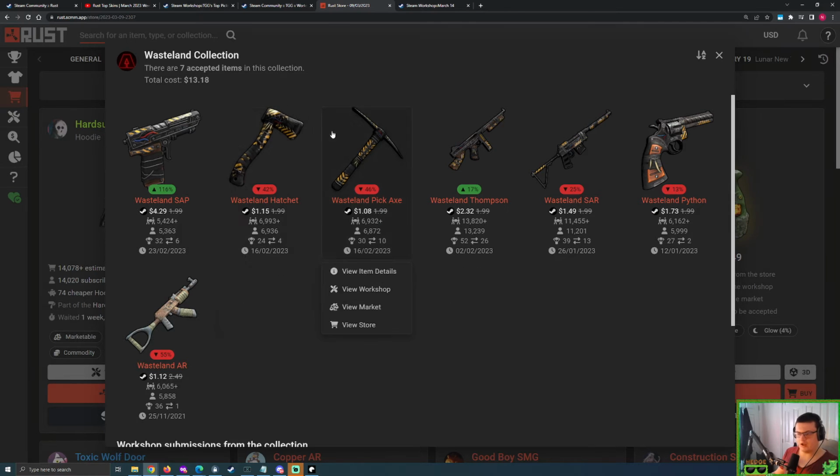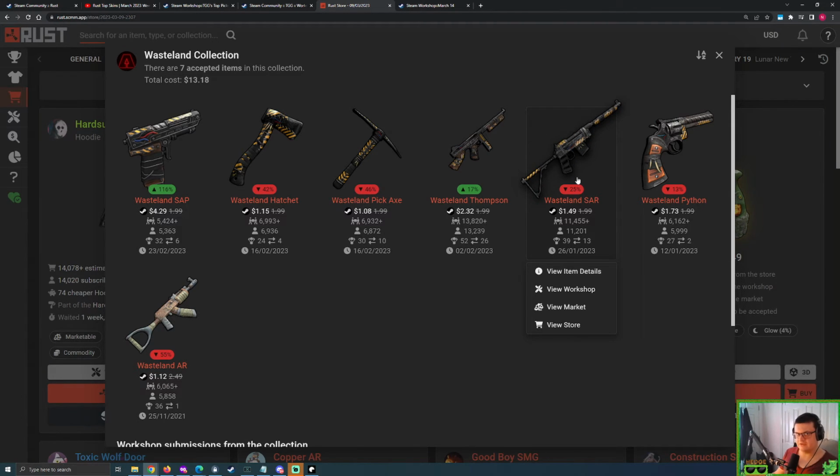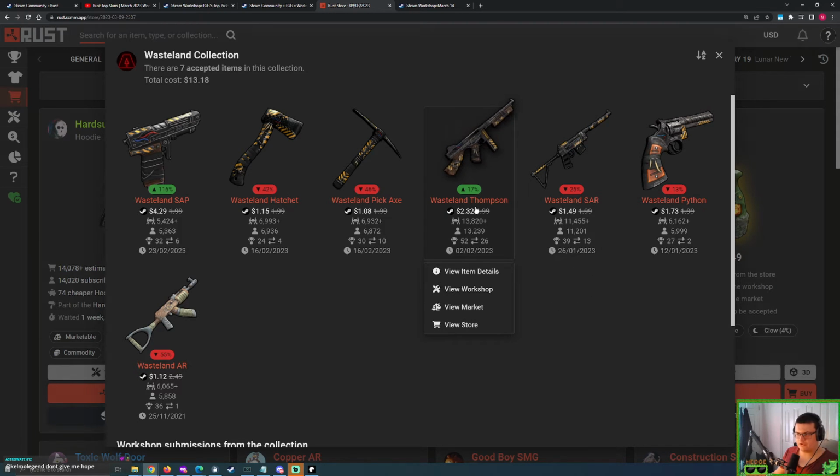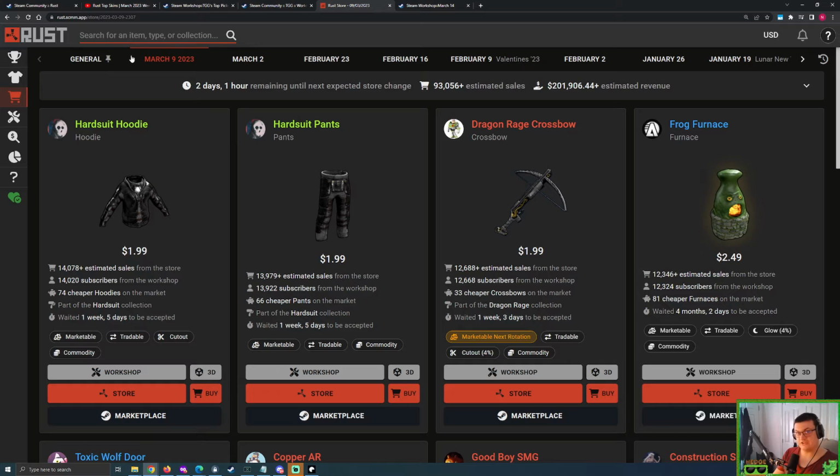We already knew back then that tools, unfortunately, don't seem to hold up as investments. They tend to go down pretty sharply. Of course, this suffered that fate. During the time when we're looking at SAR skins, SARs weren't really holding up very well. We had loads of SAR skins being accepted in such a short amount of time, so of course, that didn't really do well either. And then Pythons in general here. Thompsons always have that good high gun demand, so their skins tend to do very nicely, and this was manipulated. So overall, an Ioka skin probably won't have that much of an impact in helping boost this up. But the extra point I want to point out is the last Ioka skin to be accepted was...